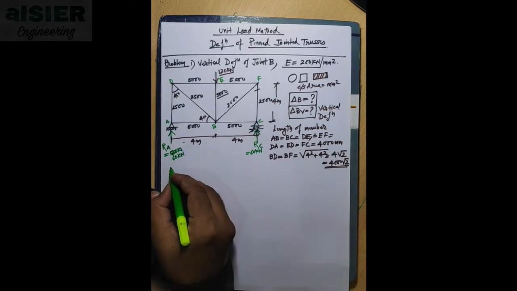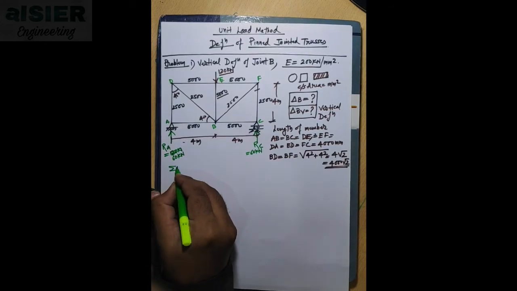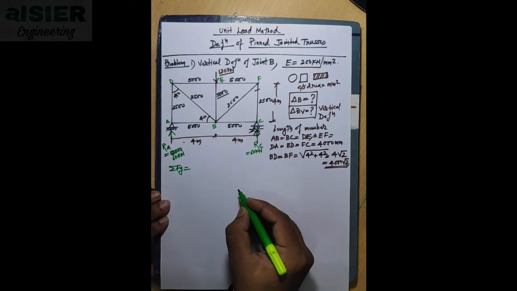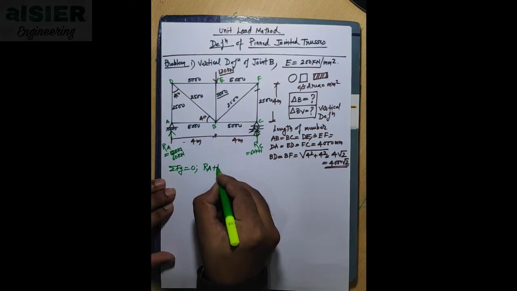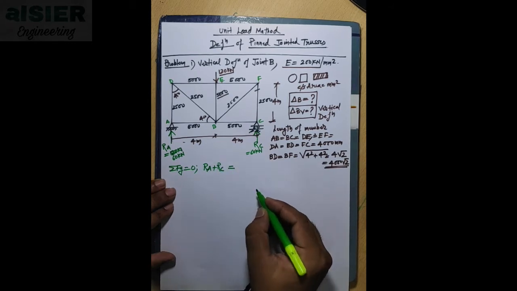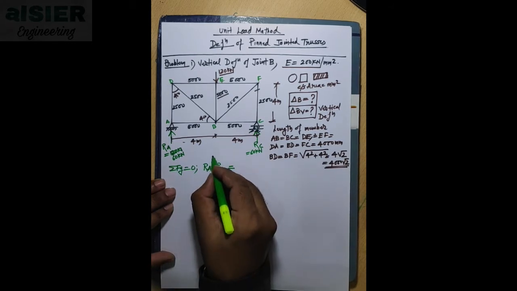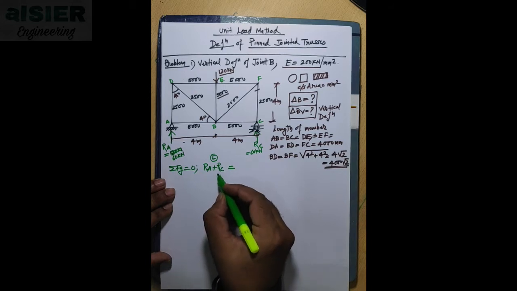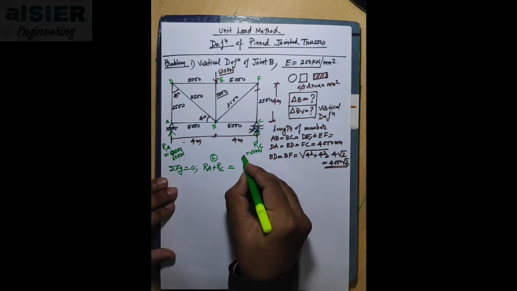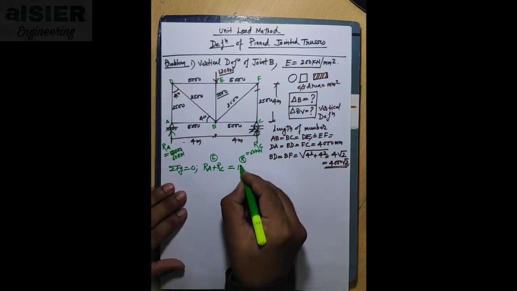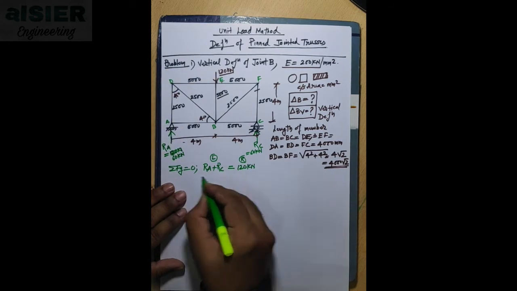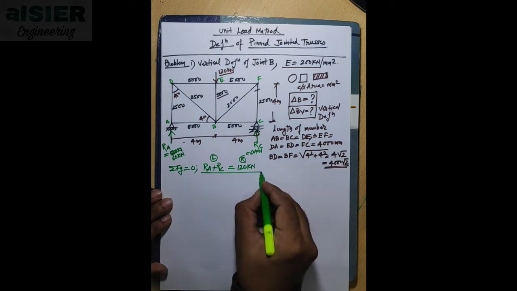So what do the fundamentals say? Fundamentals say to first do the summation of Fy. So in the summation of Fy, Ra is going upward and Rc is going upward, right? So we will write down Ra plus Rc, and then equals to, on the left hand side of equals we will take upward forces, and on the right side we will take downward forces. The downward force is only one, that is 120 kilonewton. So we got one equation here.